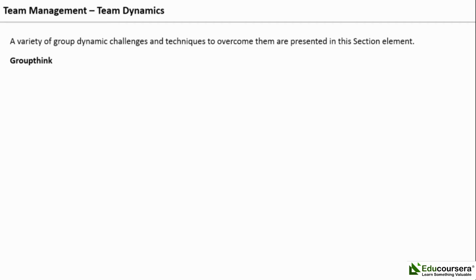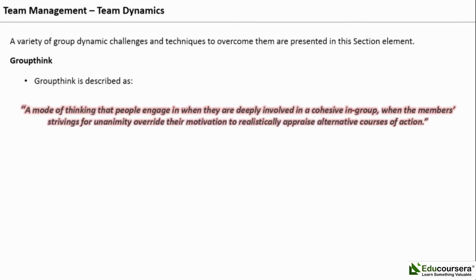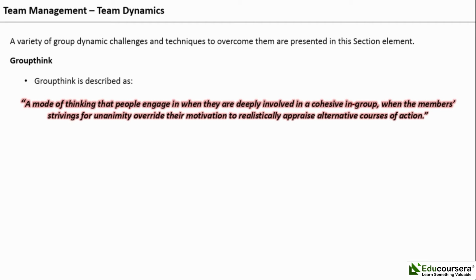Irving Janis, 1971, describes groupthink as a mode of thinking that people engage in when they are deeply involved in a cohesive in-group, when the members' strivings for unanimity override their motivation to realistically appraise alternative courses of action. 8 symptoms of groupthink include: